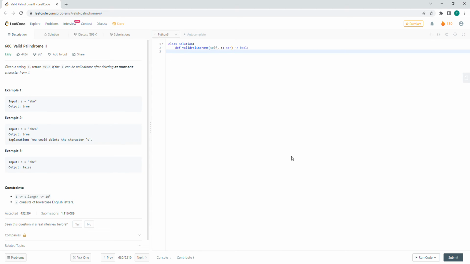Welcome to April 2nd's LeetCode challenge. Valid Palindrome II. Given a string S, return true if the string can be a palindrome after deleting at most one character from it. So example number 1, given the characters A, B, A,